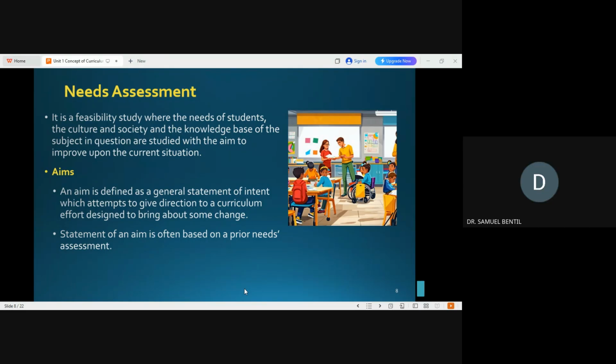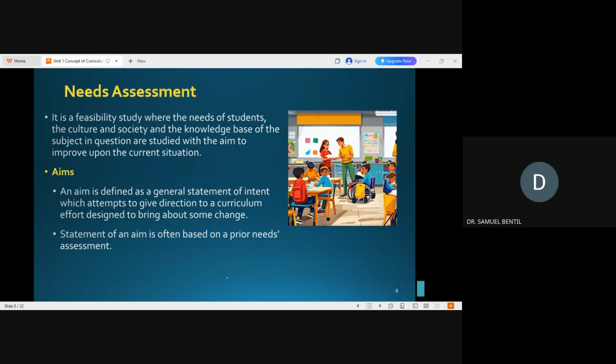So this is a problem, and that becomes the focal point where we start the investigation to see what is wrong with the curriculum and what the society wants to be done, so that from there we can design a new program to address the needs and the concerns of the society.